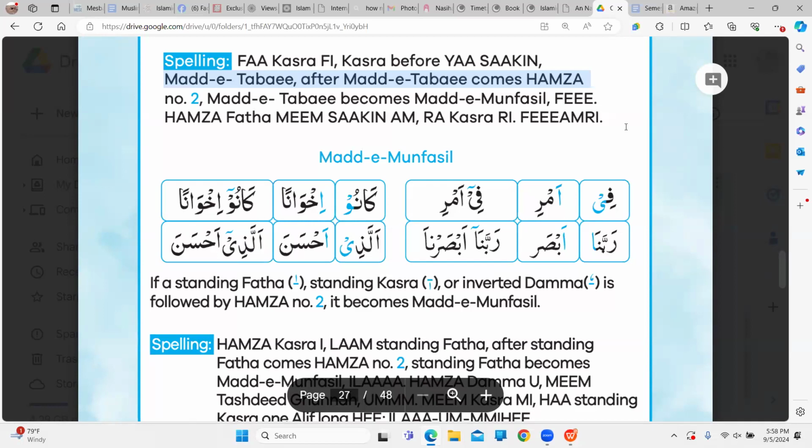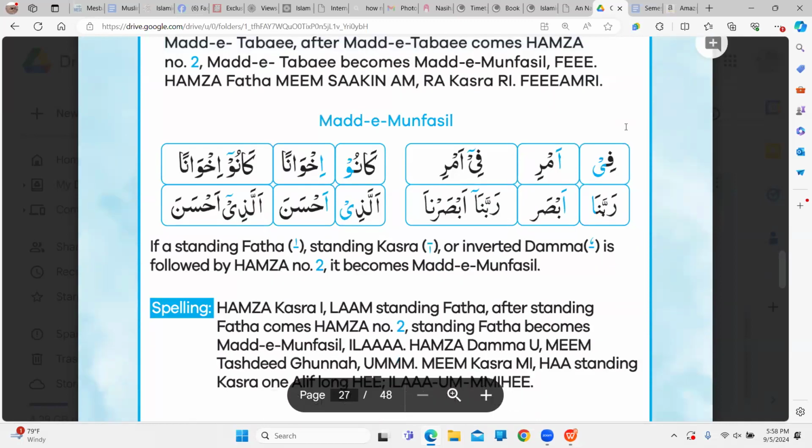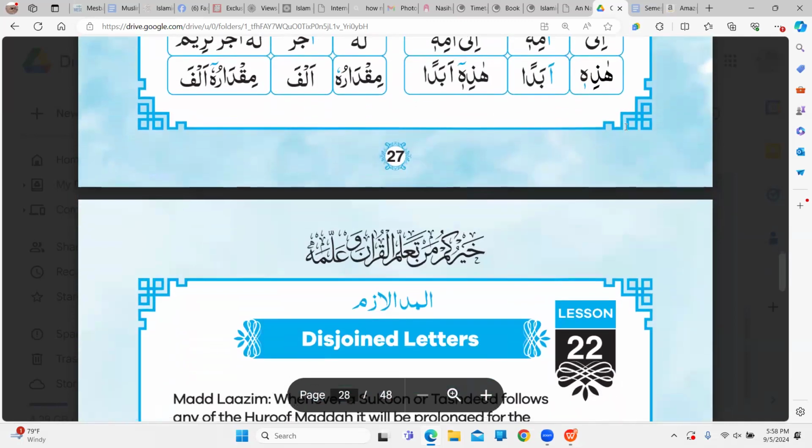Same thing. If you keep it the same, it's easier for them to remember because they're too young to understand the ikhtilaf. Now we just want to teach them one standard, right? Okay. Then you have fi, then it's Hamza fatha fi amim sakin am. So fi ra kasrari fi amri. Yeah. Okay, now we have